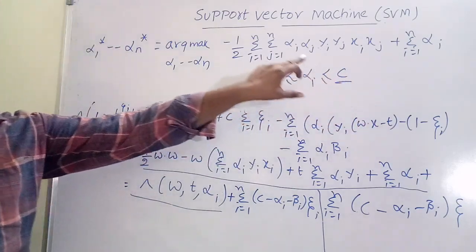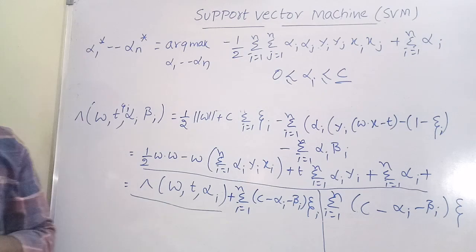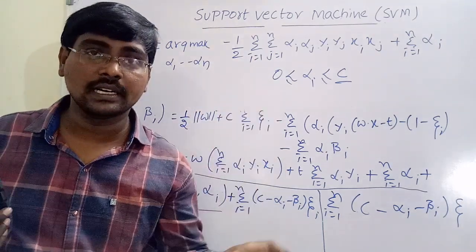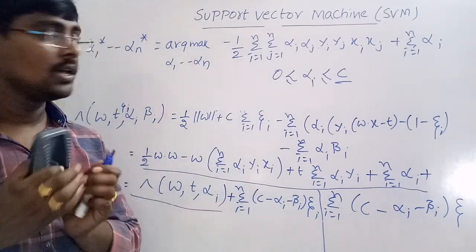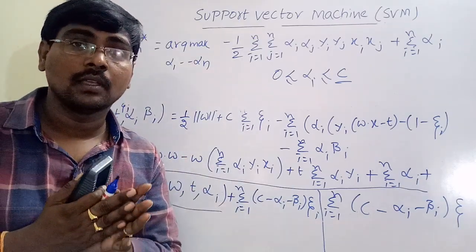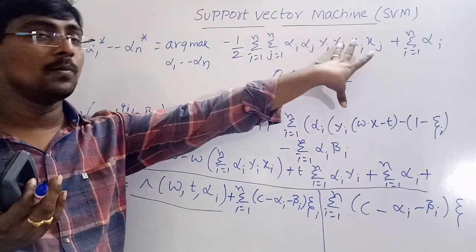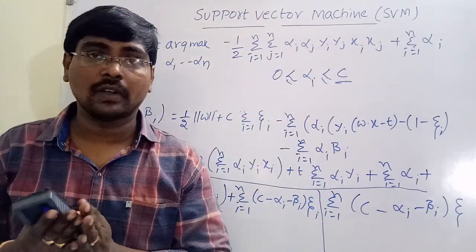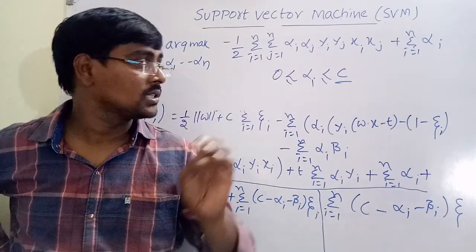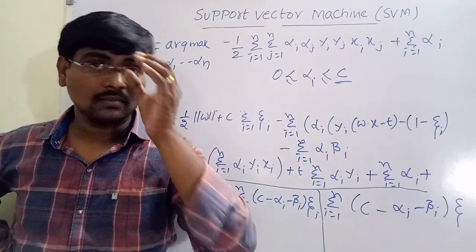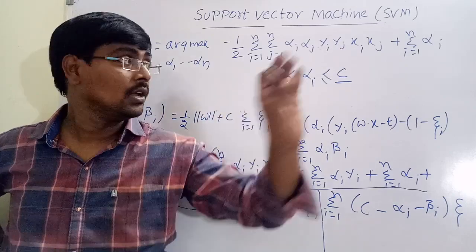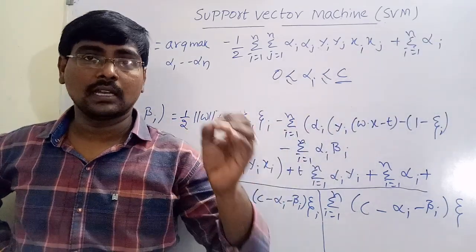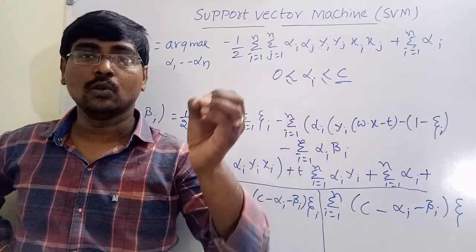If you are making the upper bound c, we are checking whether the particular training example is inside the margin or outside the margin. So both the concepts are the same. The only difference is that in the soft margin classifier we add the slack variable. So finally, in 5 minutes, the support vector machine. In the support vector machine, first consider the margin.